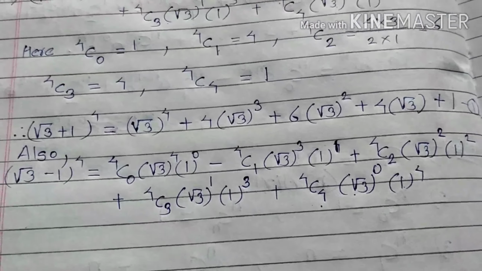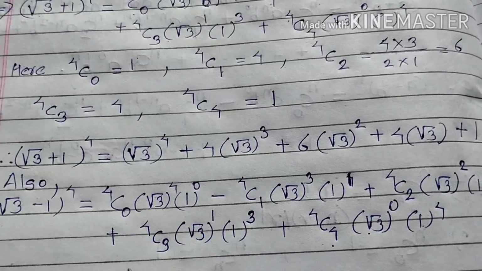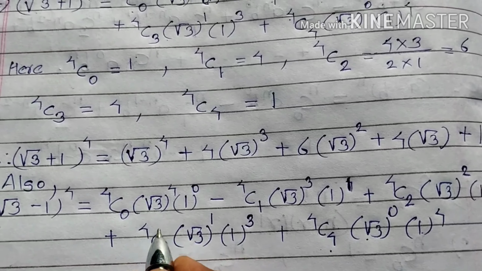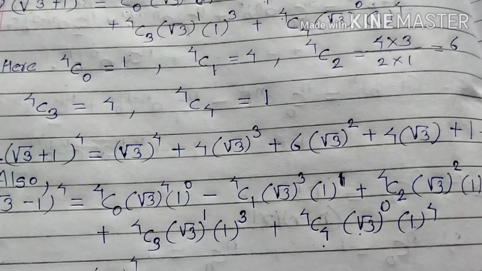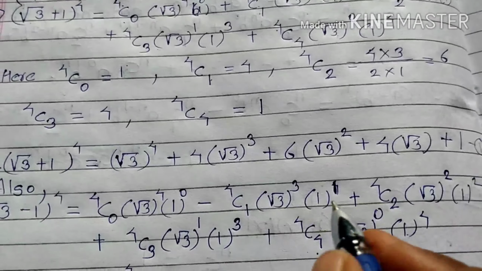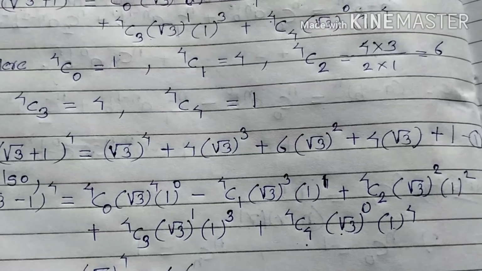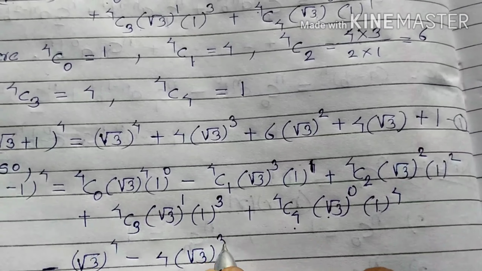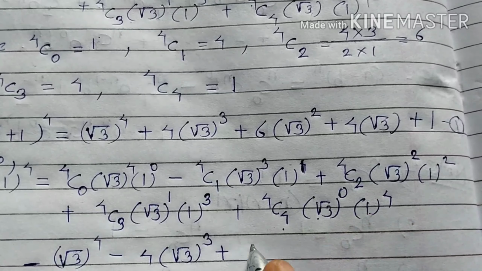Okay. Now using all those formulae, 4C0 is 1. Same here, we get (√3)^4 minus next term 4C1, it is 4, so it is 4 (√3)^3 plus 4C2 is 6,